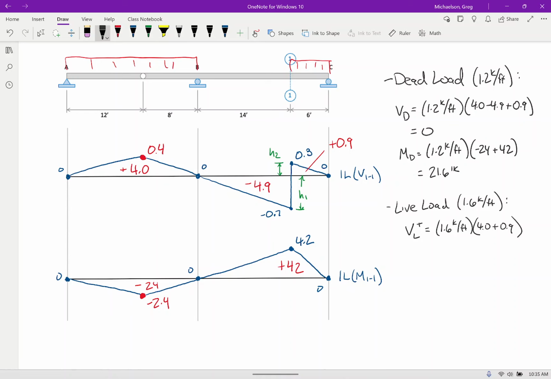So what is 1.6 times 4.9? 7.84. So if that's the case, what's the worst case negative shear? The same thing. The same thing, because it's also